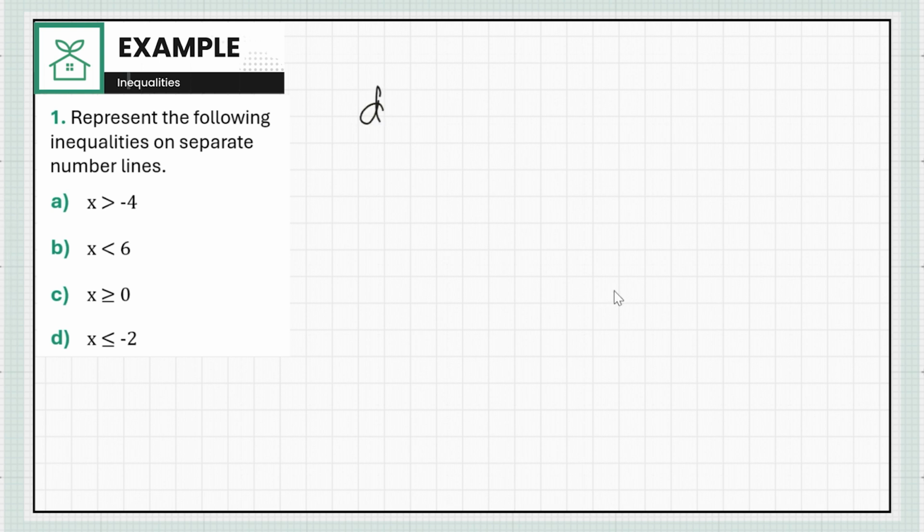Okay, finally let's look at D. We have x is less than or equal to negative 2. So if we draw ourselves a nice little line, give it a couple of arrows. Remember, it doesn't have to include every single whole number or integer. It just has to be representative so that people understand what you're getting at. Right, so less than or equal to negative 2. Maybe let's start at something like 0,